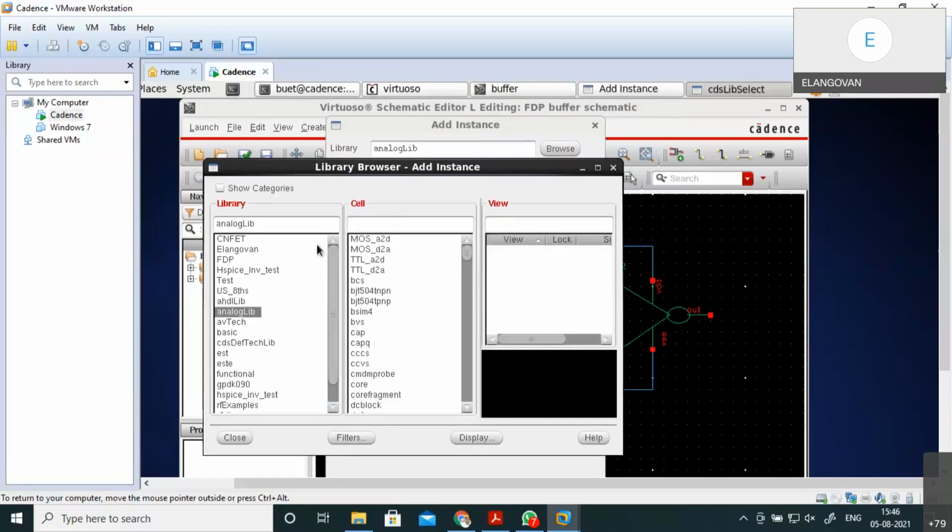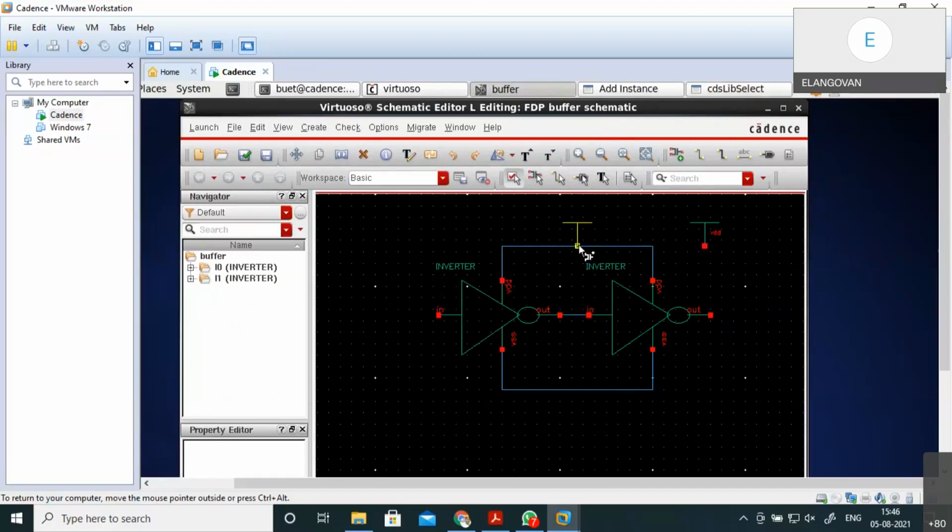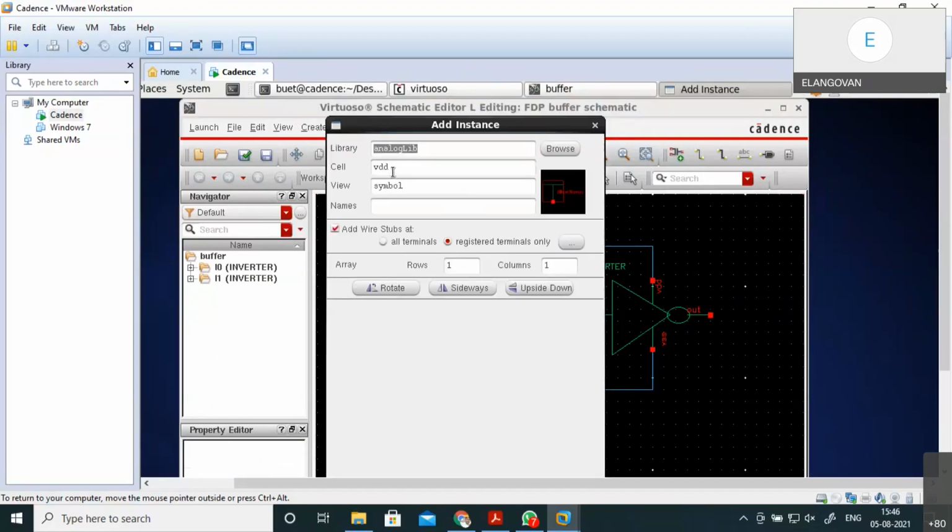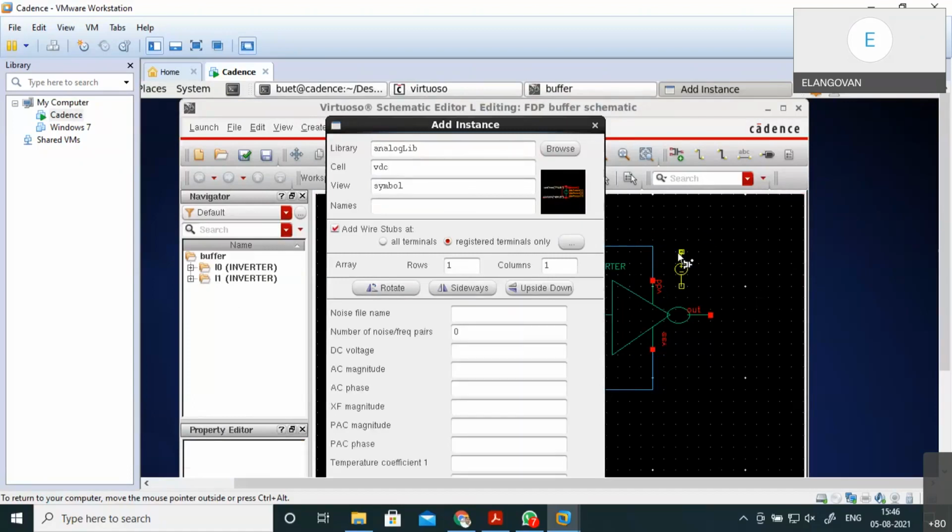All I need is my VDD, and suppose I'm taking my VDC, this one. My DC value I'm choosing again 1.2 volts.